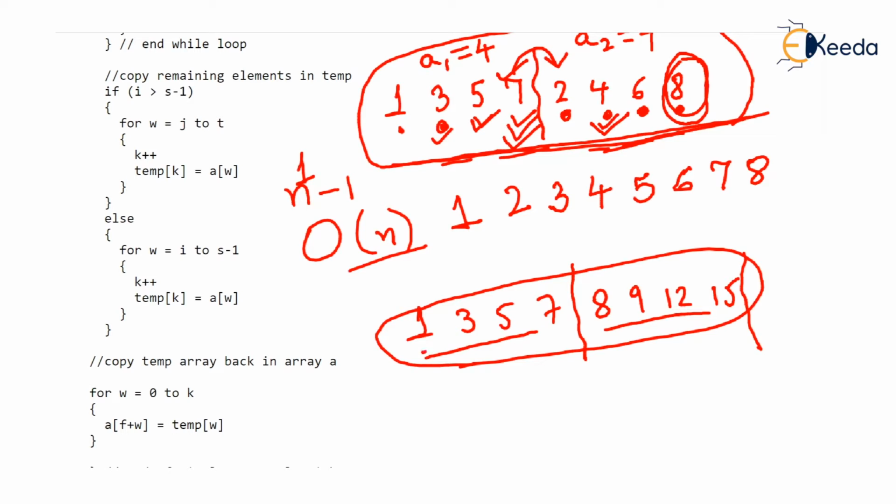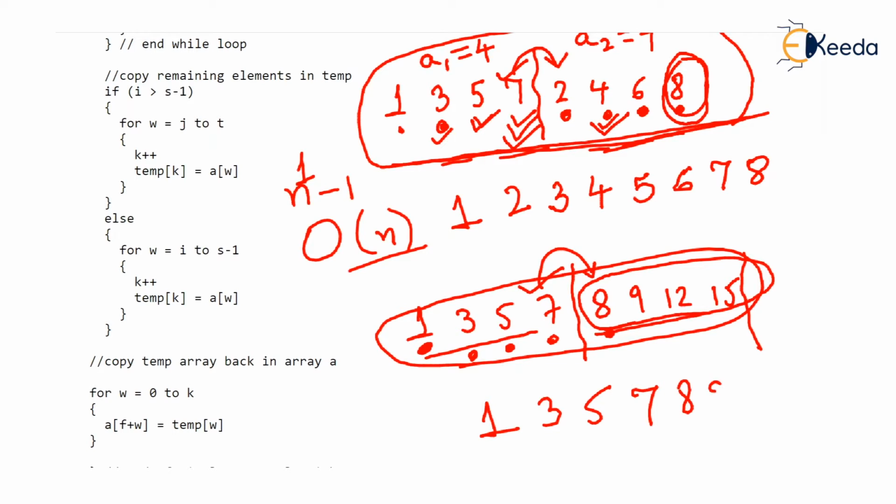But now the comparisons done by the simple merge will be 1 with 8, 1 is copied, then 3 with 8, 3 is copied, then 5 with 8, 5 is copied, and 7 with 8, 7 is copied, and we have come to the end of this left part because even 7 has got copied. But by the way, we have done 4 comparisons till now, and now there won't be any comparisons done because whatever is pending in the right part won't be compared, isn't it? We don't have anything to compare it with and it will be simply copied into the temp array.